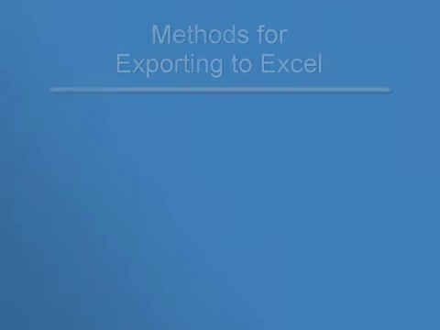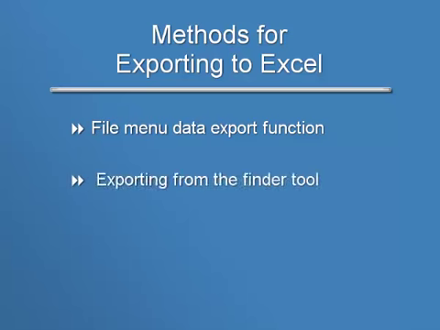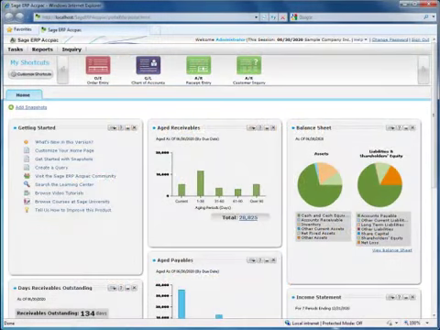Now continuing on with exporting, we can export data from Sage ERP Accpac into Excel using several methods. These include the File Menu Data Export function that you'll find in most Sage ERP Accpac windows, exporting from the Finder tool, the Crystal Reports Export Report function, and the new Sage ERP Accpac Inquiry. In this tutorial, we'll take a look at each of these methods, so now let's jump right in and get